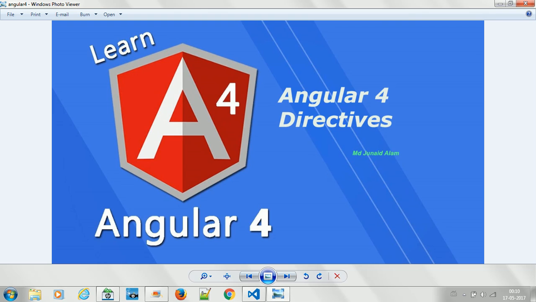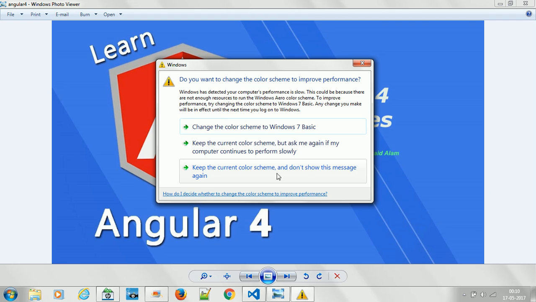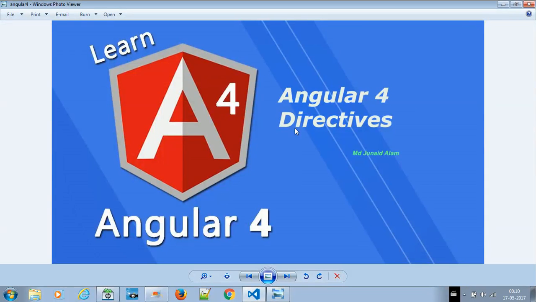So what are directives? Any one of you who have already worked on AngularJS 1.x already have an idea of a directive. Now we'll see the concept of directive in Angular 4. Angular 2 or 4, it's almost the same. Here directive is slightly different than the directive which you perceive in AngularJS. It's not exactly the same directives that we have been working upon in Angular